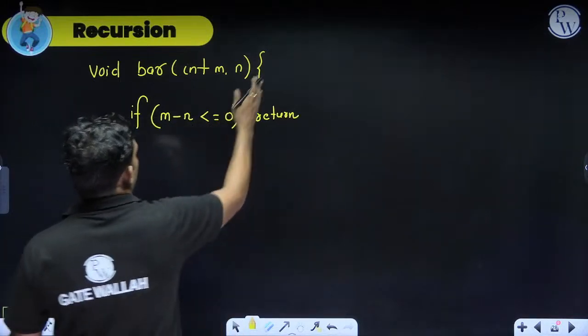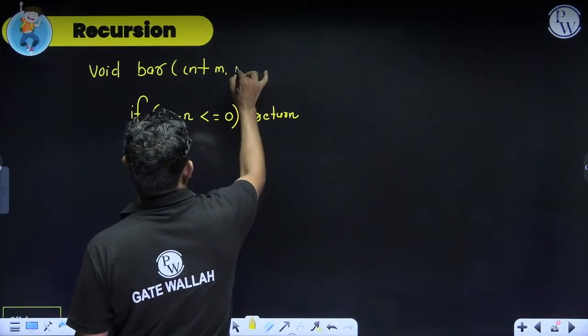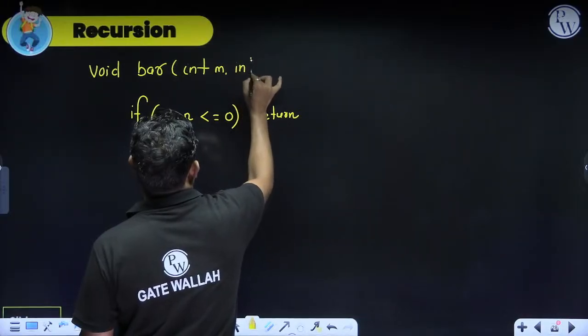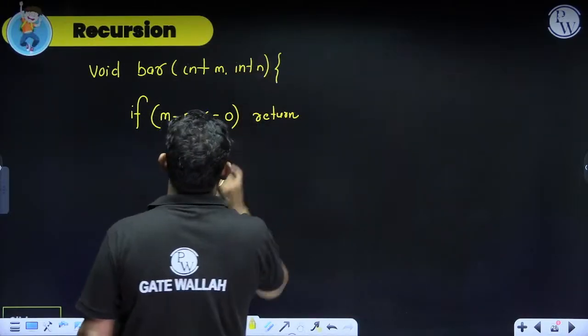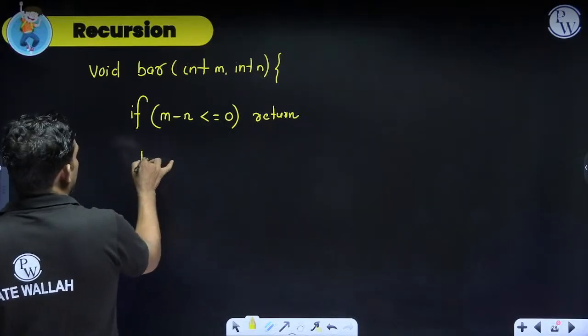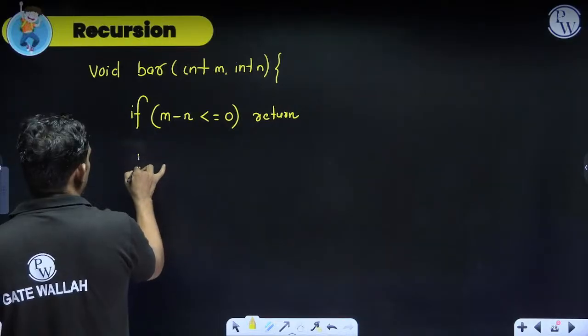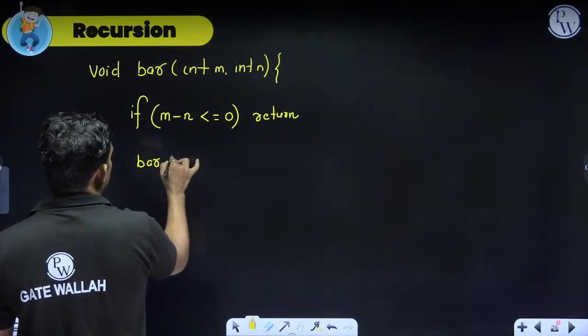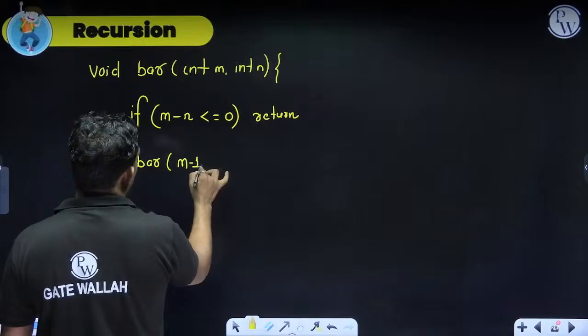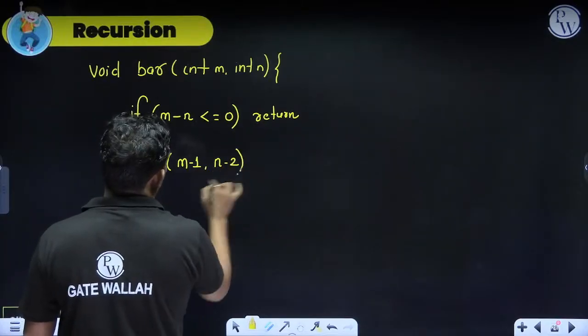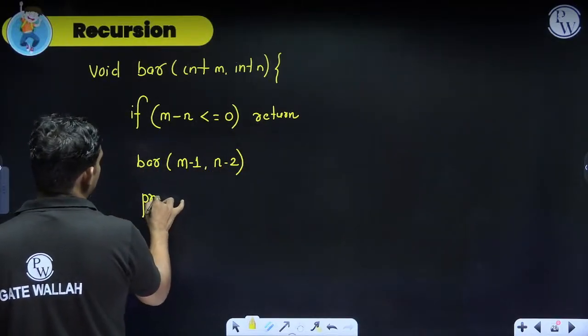Otherwise, you call the function bar, not as the last statement. So first we go for the call bar with m minus 1 and n minus 2. And then we'll say printf